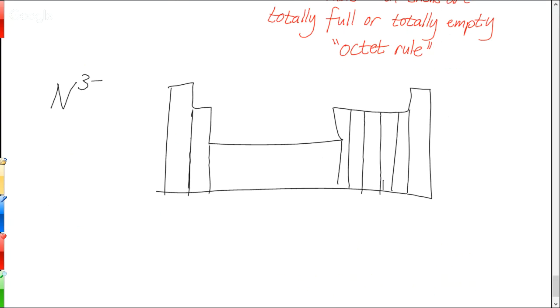Okay, we can make some generalizations. Everything in group 6A here is going to generally make a 2- ion. That's what we just generalized, right? Everything in 7A is going to make a 1-. And everything in 5A is going to make a 3-, which actually ends up not being quite true because of that stair thing. But anyway.